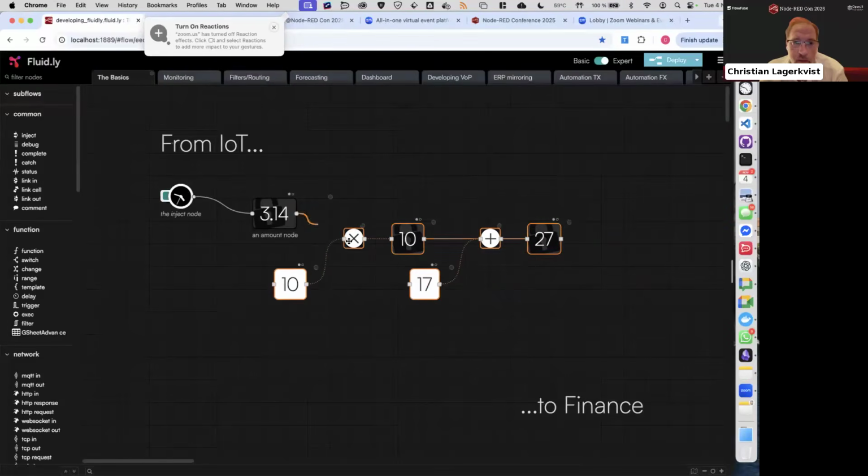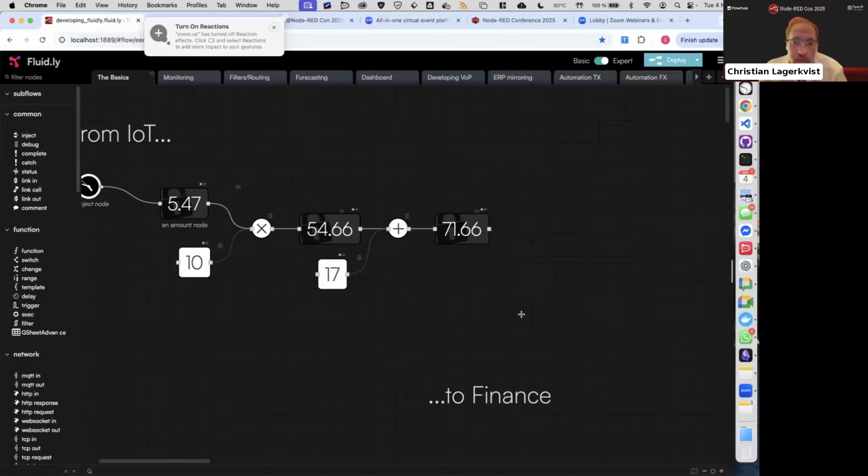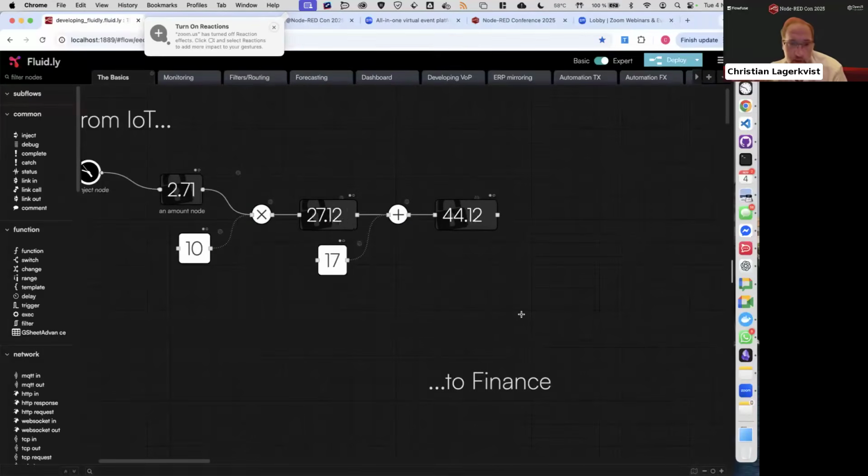So we take whatever measurement we get, one every 5 seconds now, and we multiply it by 10, and then we add 17, and then we get a fictional number that we could use for anything. So this is the IoT part, and taking IoT data and transforming that into whatever business model, or performing calculations, doing that live, being able to see what happens.